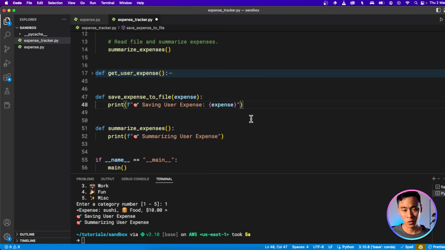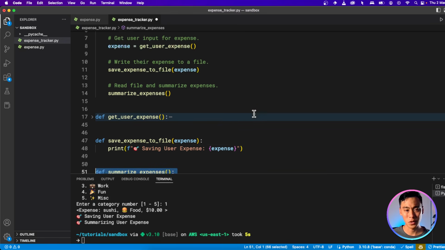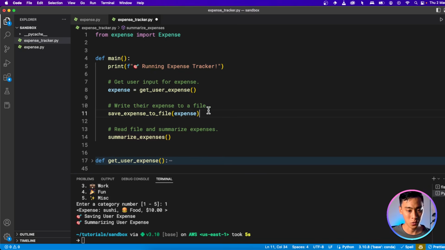Now to save something to a file, I first need to open the file. And to open the file, I need to know the file name. And since I'm going to read the file later with my summarized expenses, I probably want to use the name as a constant, or I might want it as a second argument. For now, I'm just going to pass it in as an argument. Using global constants is quite dangerous because it makes it hard to debug your app and to be sure which variables you're actually using. So let's start by declaring a file name.